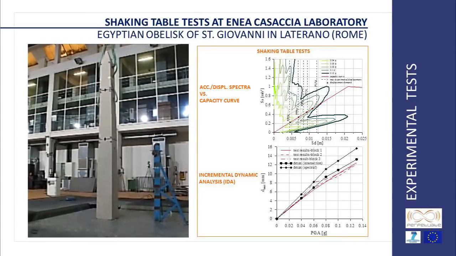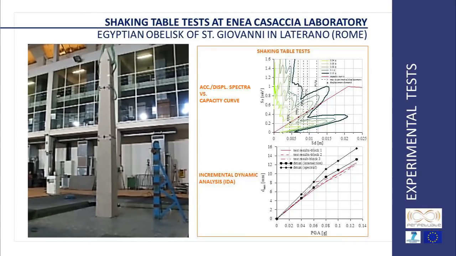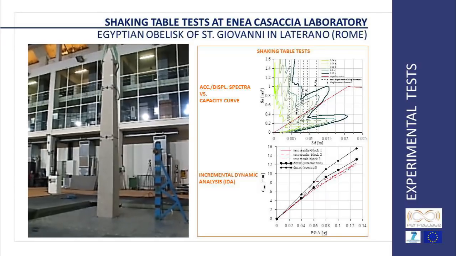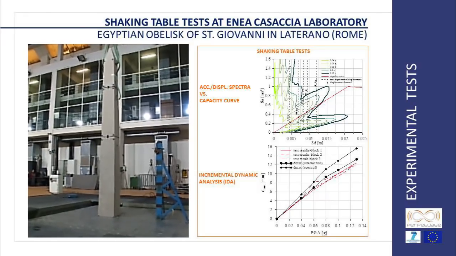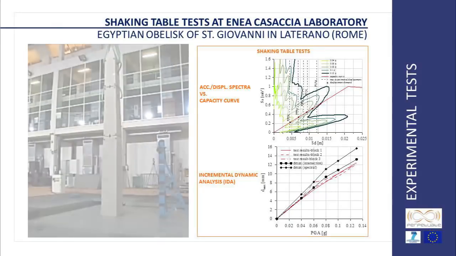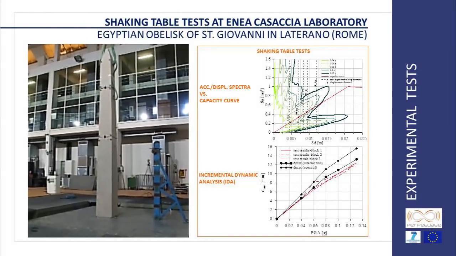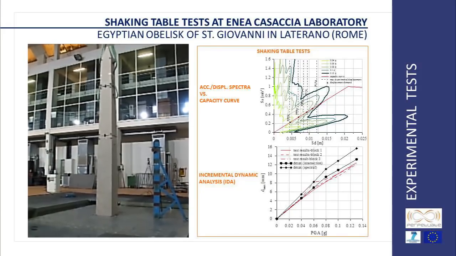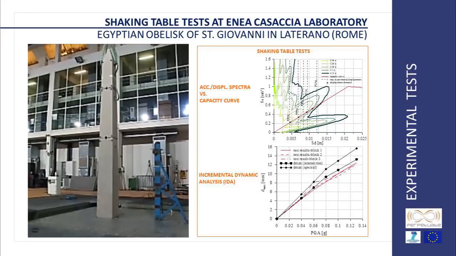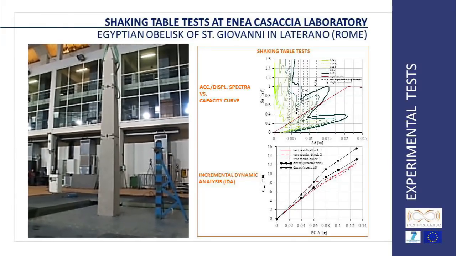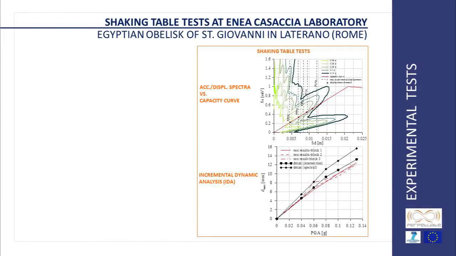Shaking table tests have been performed by using a properly defined input time history, which has been scaled in order to perform experimentally an incremental dynamic analysis. The experimental results are in good agreement with the displacement demands obtained by the PERPETUATE procedure. Interesting effects due to the geometric irregularity of the base section have been observed.